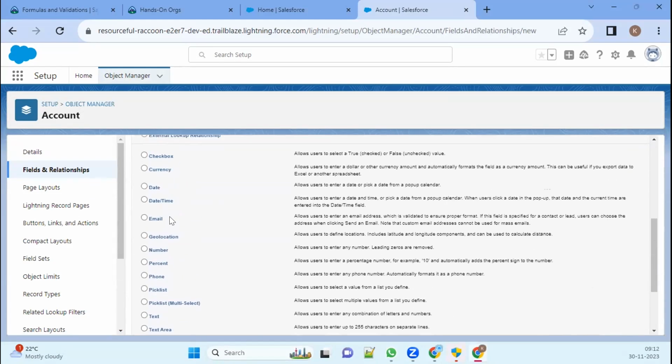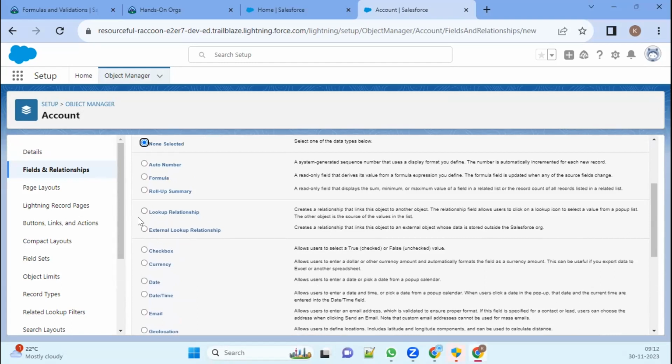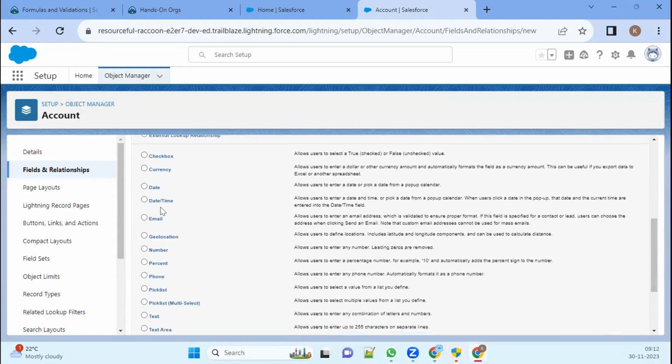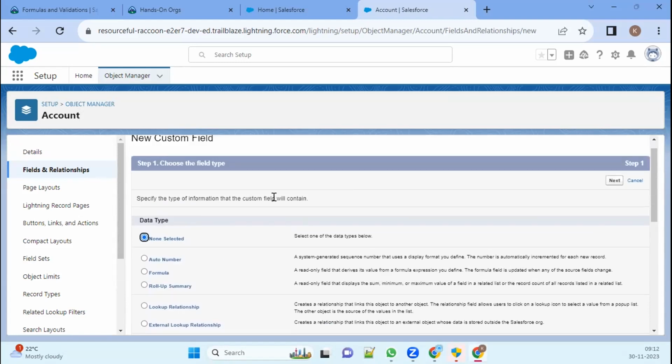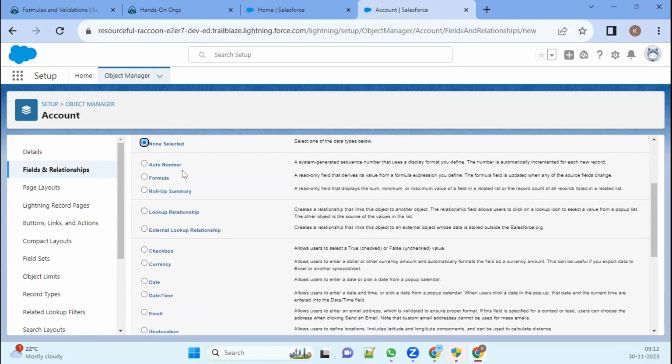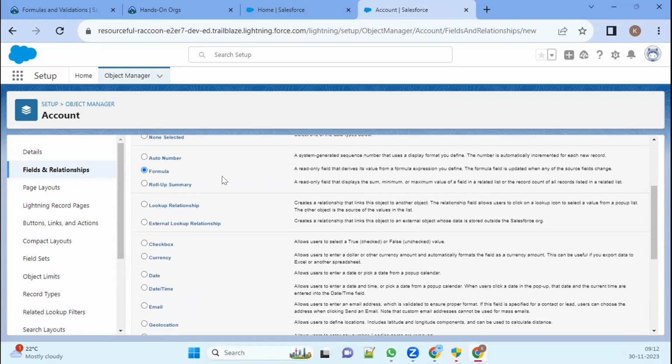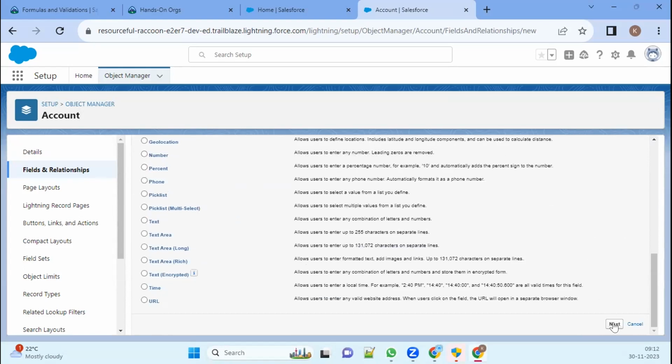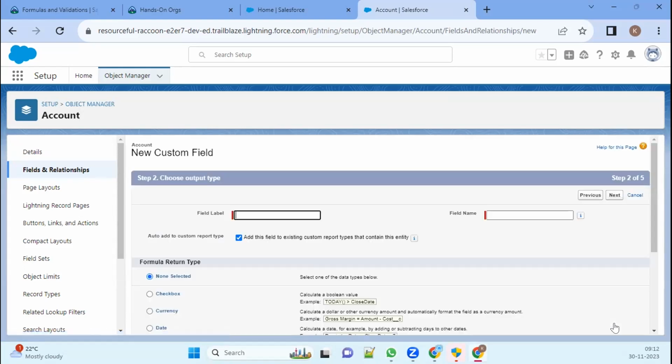Almost all of the fields we have seen, including lookup, relationship and master detail relationship. Now let me create a formula field. Once I click on this formula field,